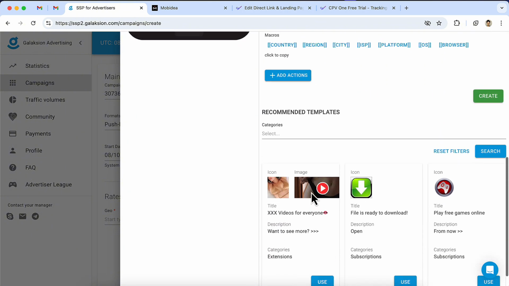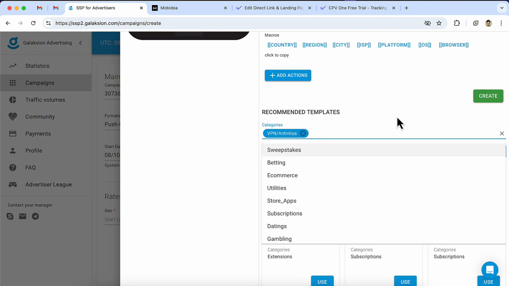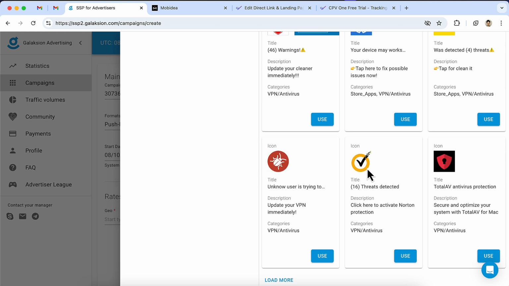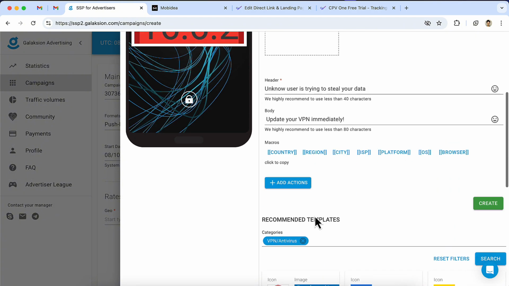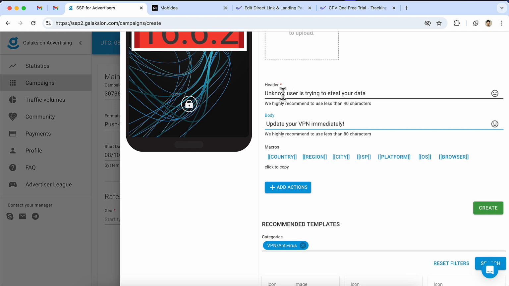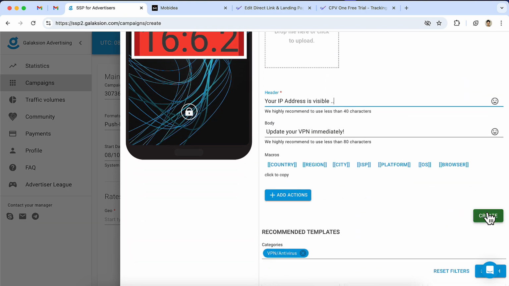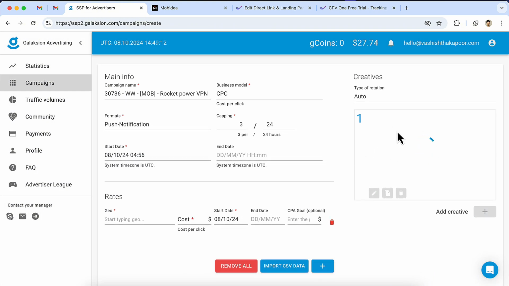And here is the gallery, or you can say the library of advertisements that you can choose from, and then replace some text to make them unique for your own brand. There are so many options that I can choose from. I will choose any one out of it, and it automatically populates the information. I can just edit it and click on create to make it my own ad. You can also upload an image. Let's create. As you can see, the ad is created now.